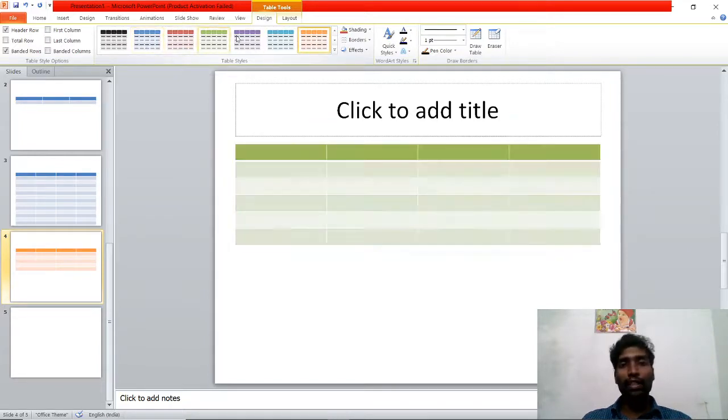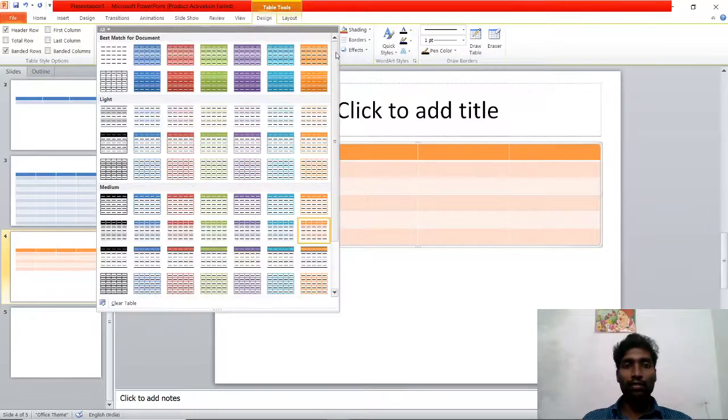You can choose any one style. Or, if you want more, here you can see the drop down. When you click once, you can see more.